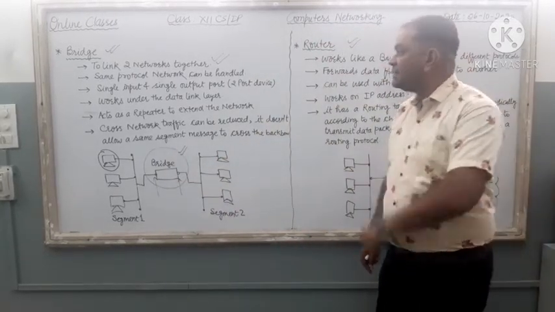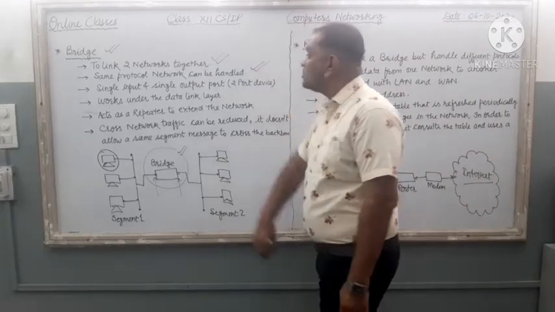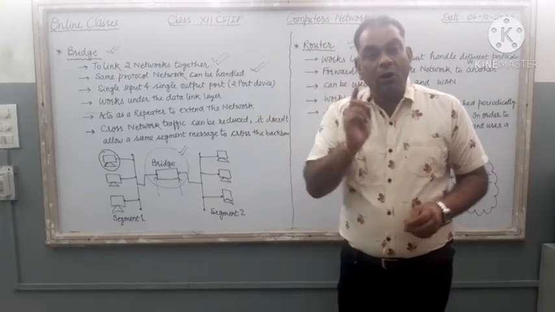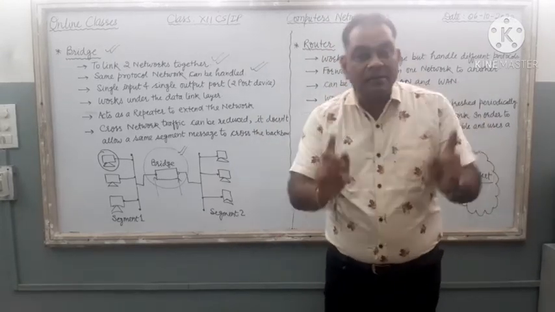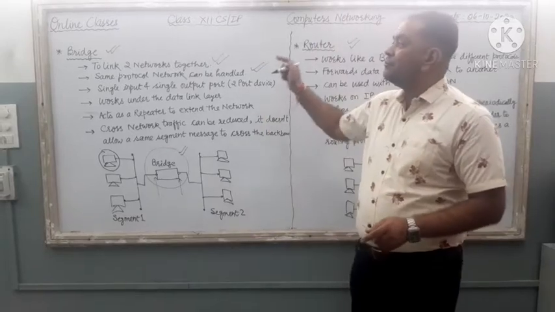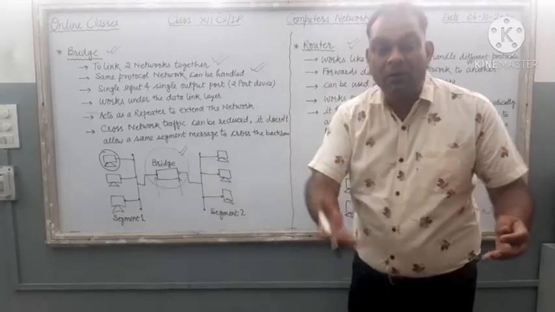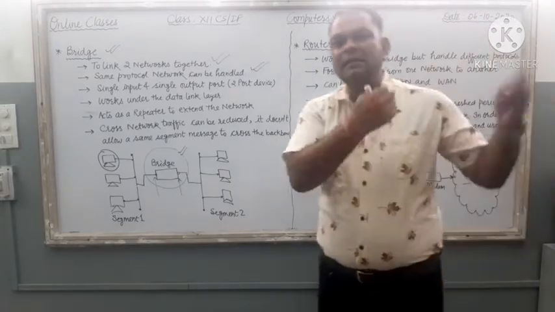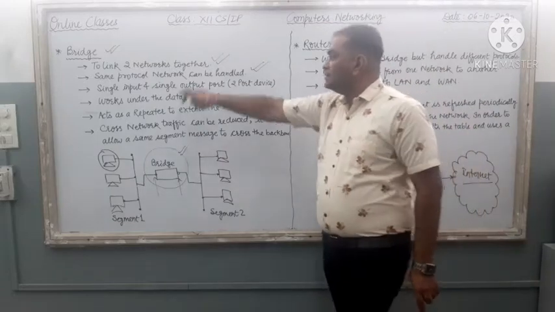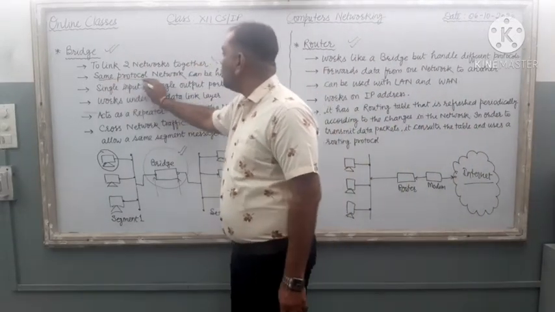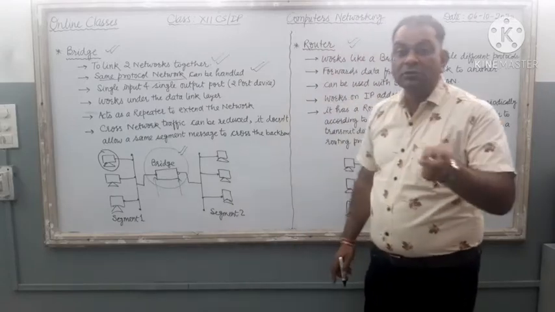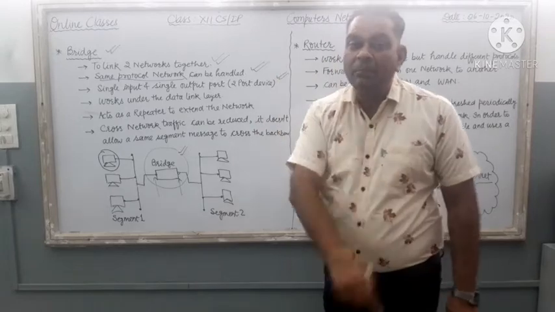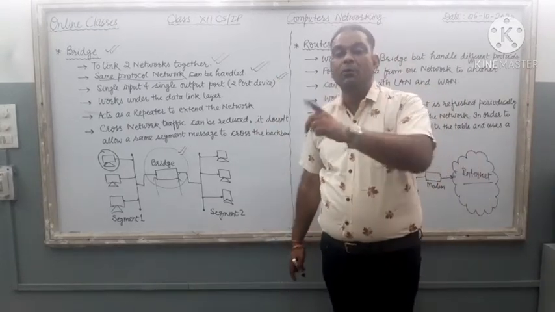Done. Now the next thing, it works on same protocol networks. If the protocol of the senior lab and junior lab are the same, then only the bridge will work. If you have different protocols, then you should purchase a router. We will discuss protocol later in the next video, right? Keep in mind, bridge works on same protocol networks only. Now the third point is already covered. It has a single input and a single output port. It is a two-port device.